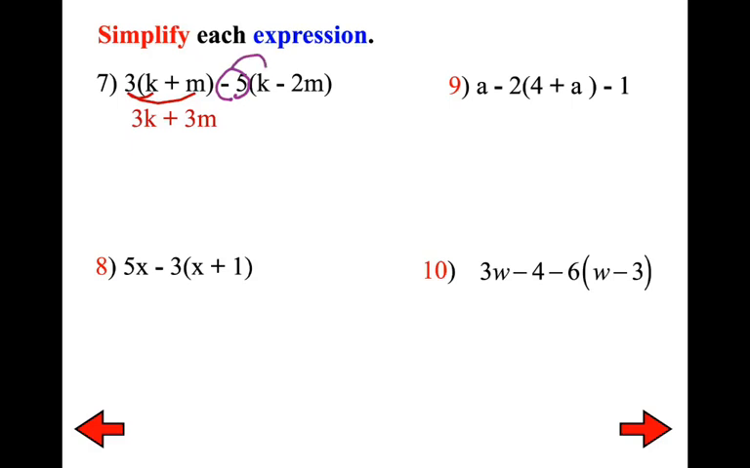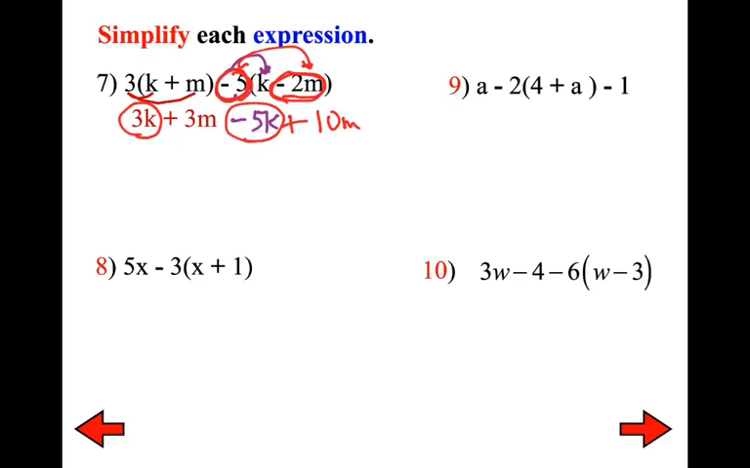So we've got negative 5 times positive k, that is negative 5k. And then we've got negative 5 times negative 2m right there. That's where you're likely to make a mistake if you're not careful. And negative times a negative is a positive, so that would make positive or plus 10m. And then from there,